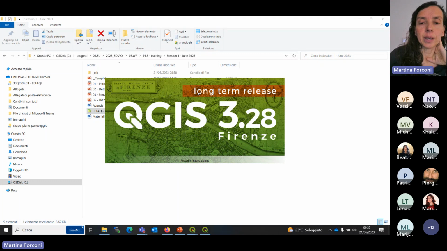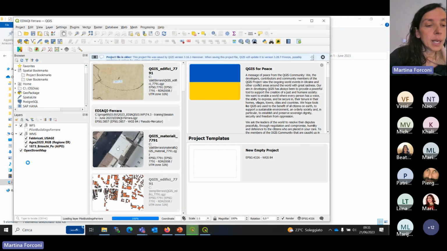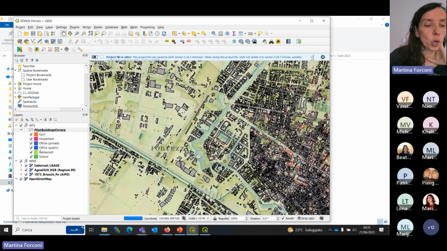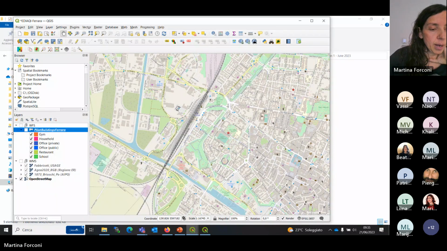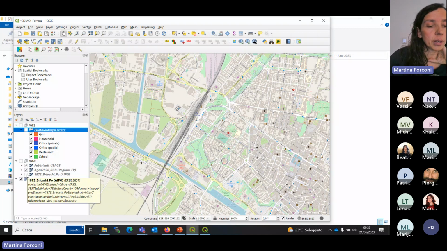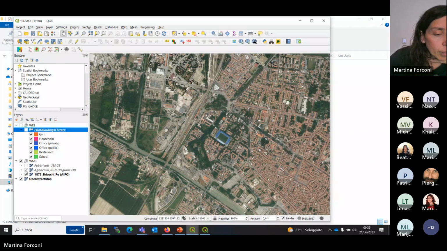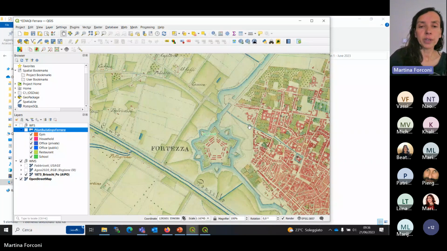When you open it, you can see the release, and then in red, the long-term release. In this project, we have already connected to OpenStreetMap, the WMS services I said before. So we have the historical cartography.